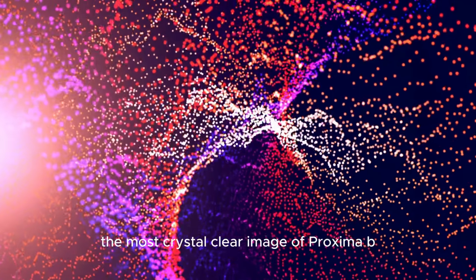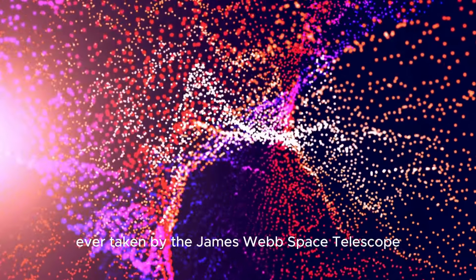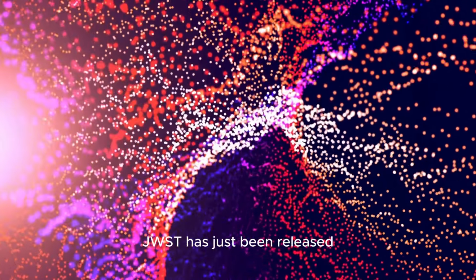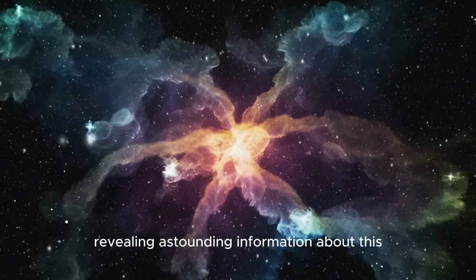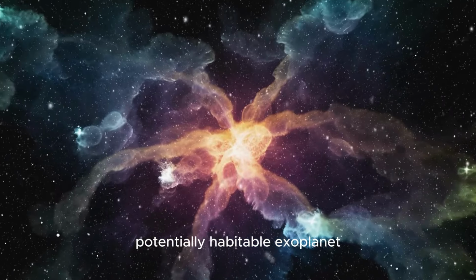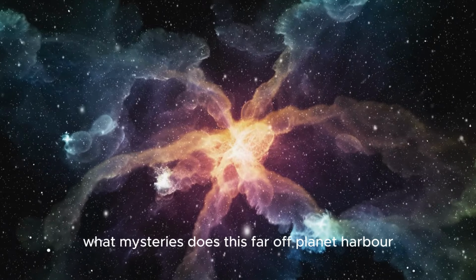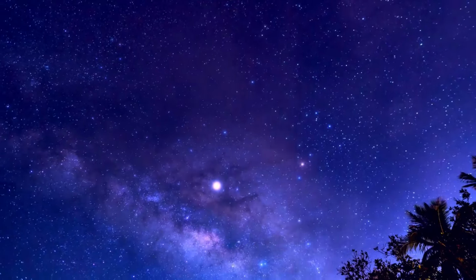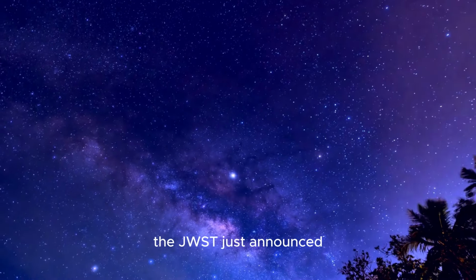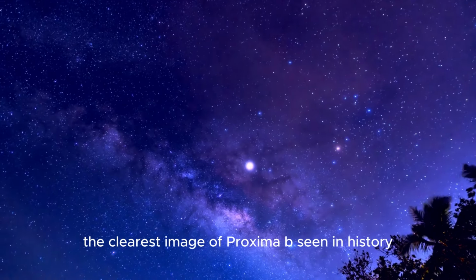The most crystal-clear image of Proxima b ever taken by the James Webb Space Telescope, JWST, has just been released, revealing astounding information about this potentially habitable exoplanet. What mysteries does this far-off planet harbor? Can life exist there? Follow us as we investigate how the JWST just announced the clearest image of Proxima b